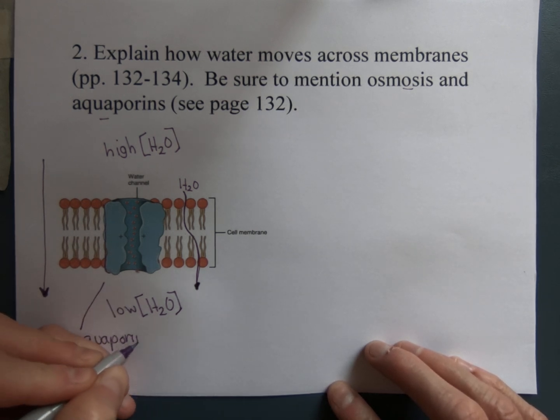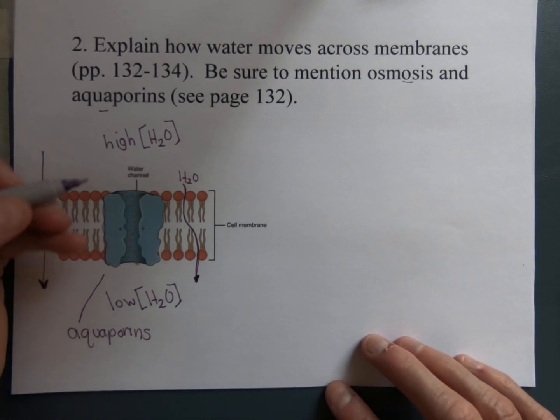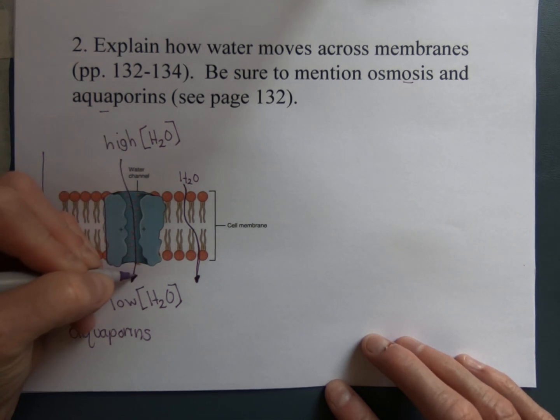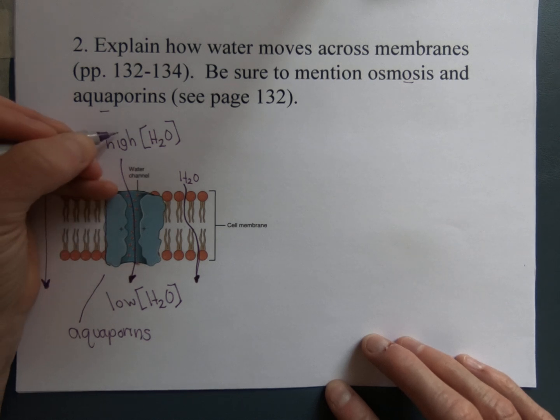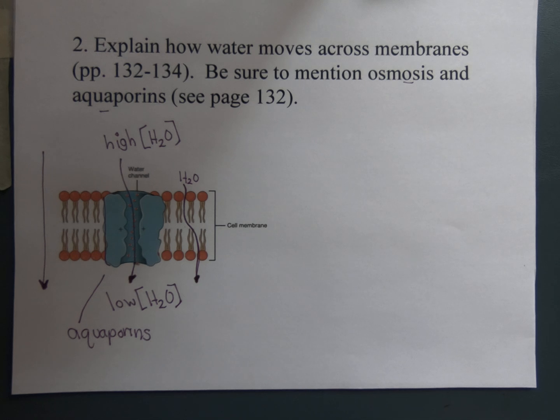Can you see that in there? I think I wrote it in just the right place. Aquaporins that allow water molecules to pass through the membrane, to diffuse through the membrane. Aquaporins are a special facilitator molecule or transport protein. They're called a water channel. Aquaporin, water pores is really what they're called. And so water can move across the membrane by diffusion in both of these cases from areas of high to low water concentration, but they use